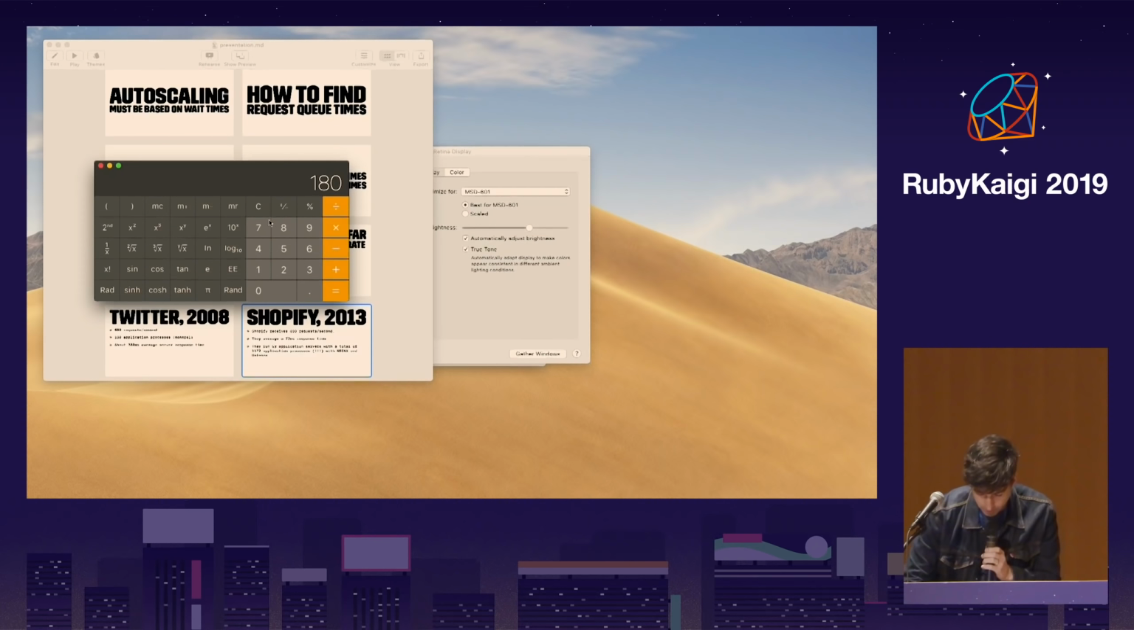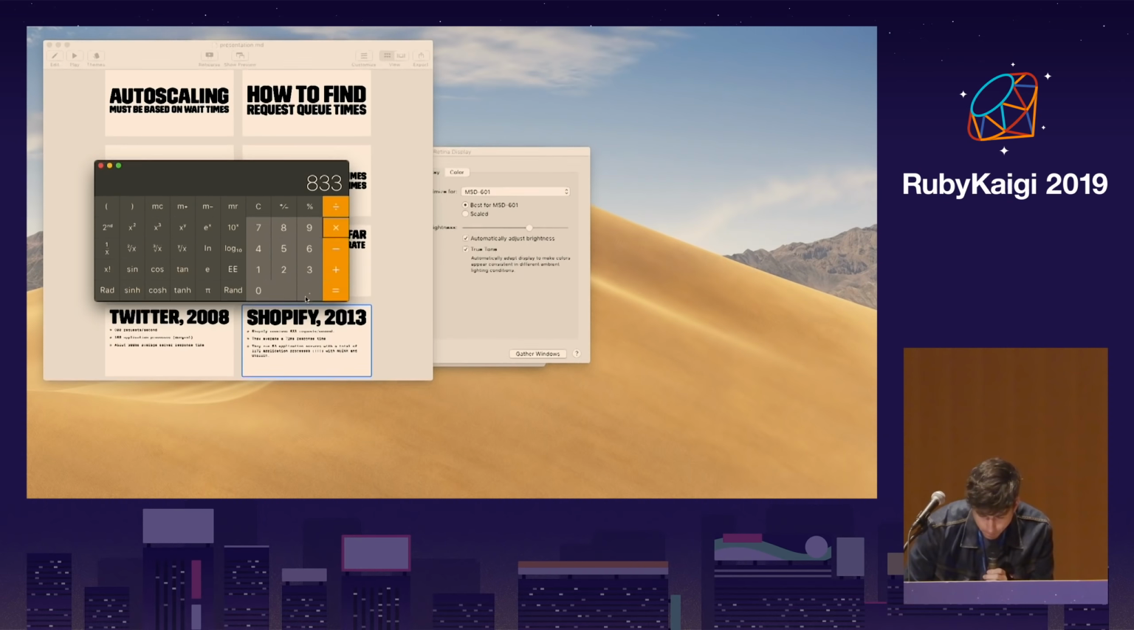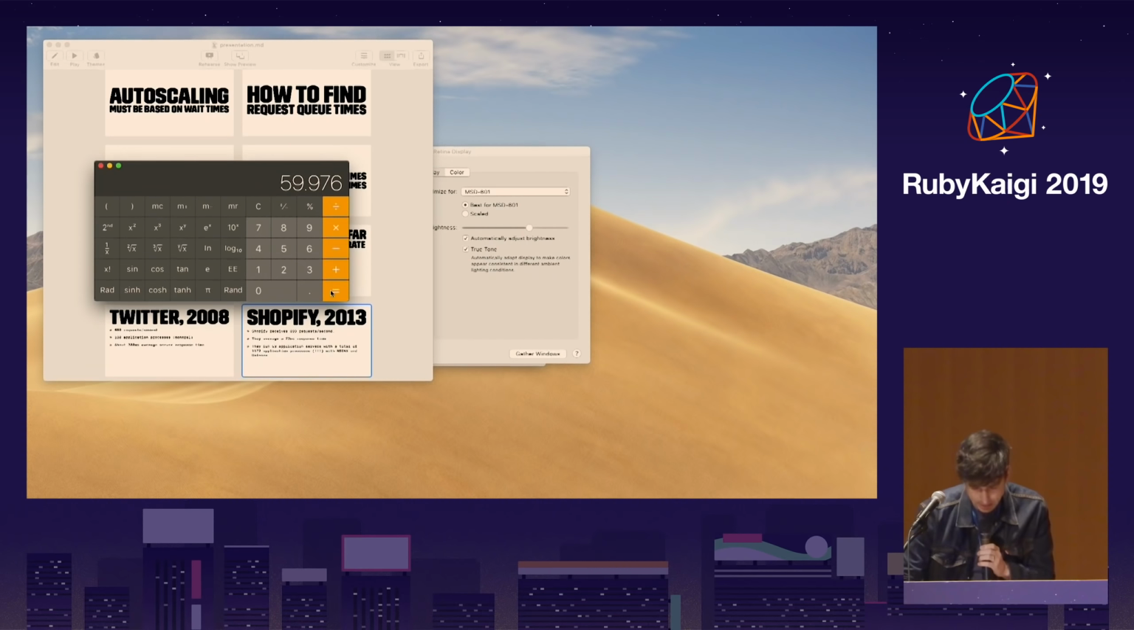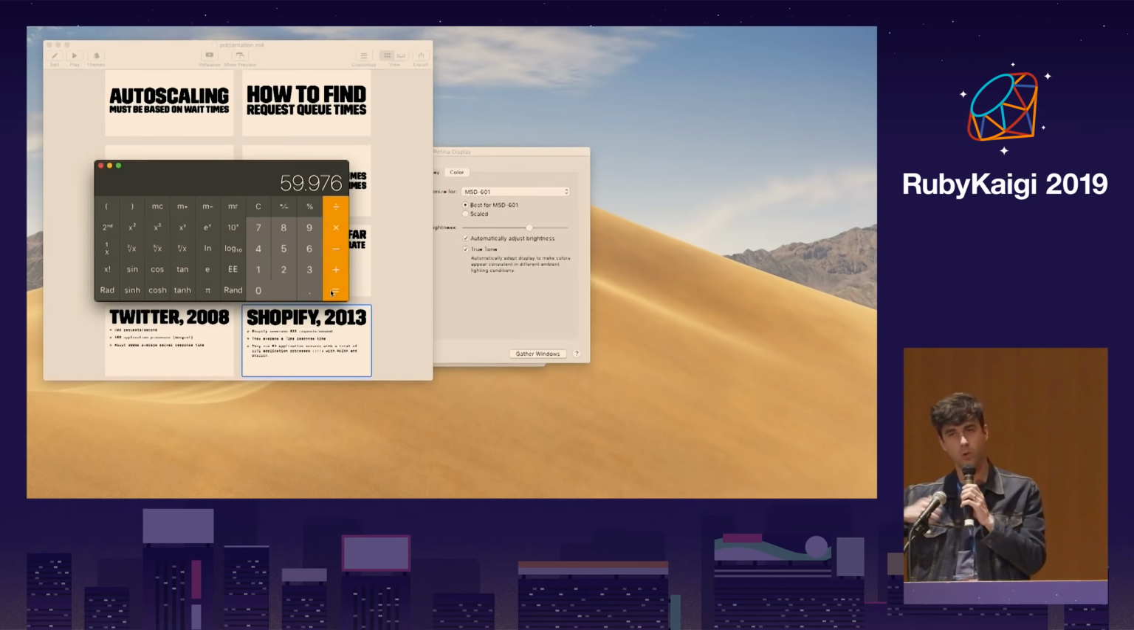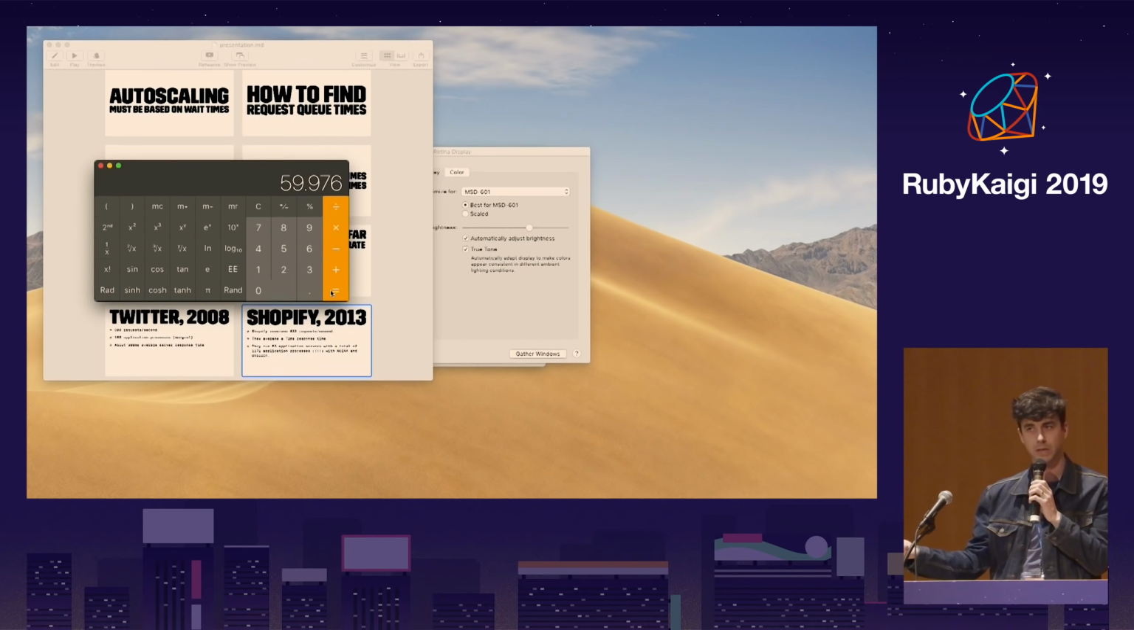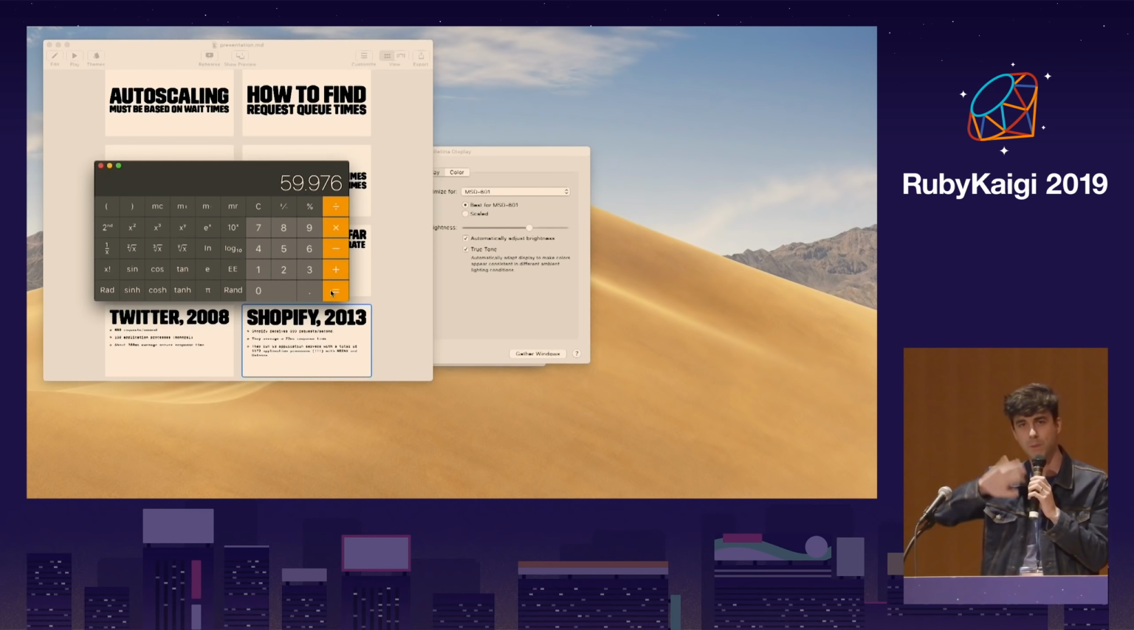And if we multiply those numbers again, 833 requests per second by 0.072 seconds average response time, that's about 60. So if you cracked open Shopify servers in 2016, they were serving 60 requests in parallel across